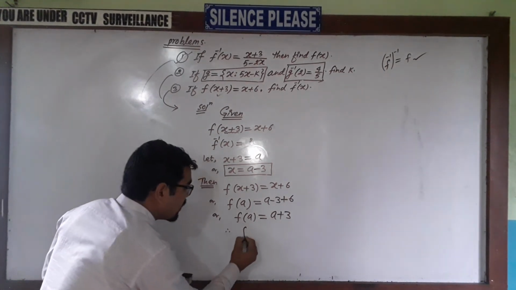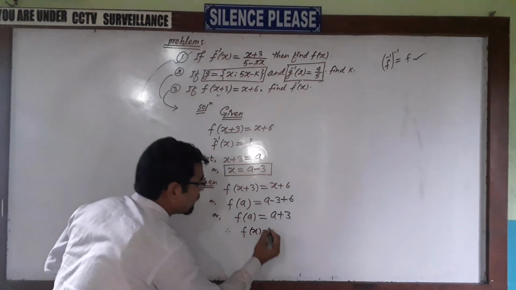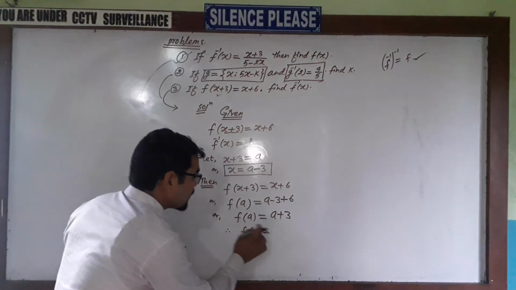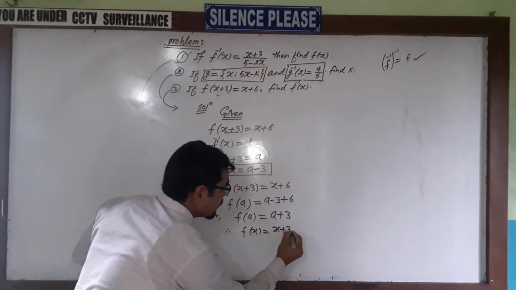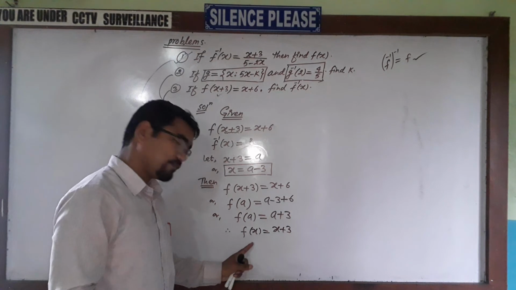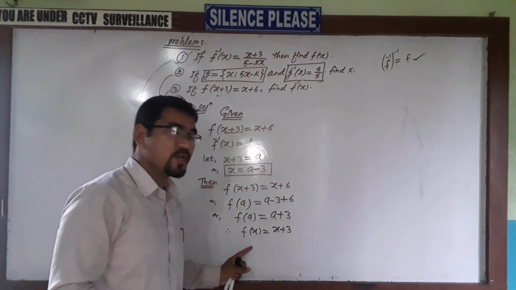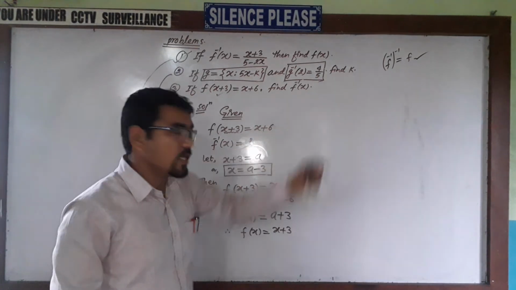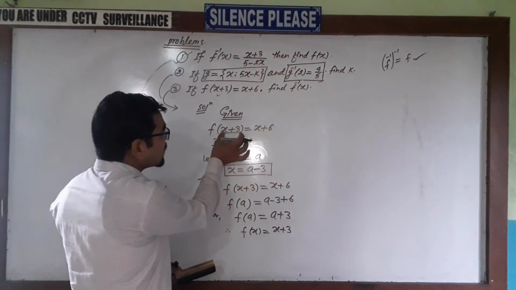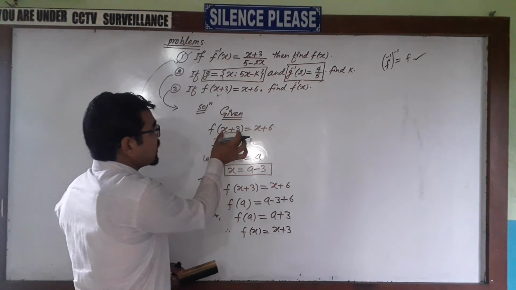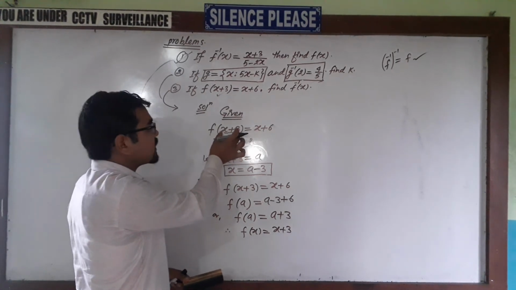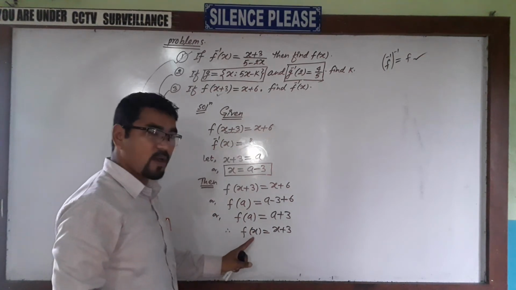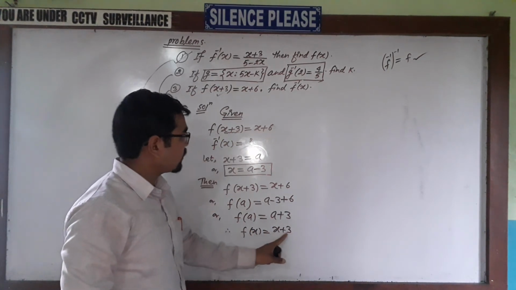So we can write f of x, we have to write in terms of x, because we have to find f inverse x. So f of x equals x plus 3. Now it is very simple. The function f of x came, and now you can find f inverse x very easily. First of all, in the given function f of x plus 3, the input value is a binomial term, so it is expressed in a single term. F of x plus 3 is expressed in the form f of x equal to x plus 3.